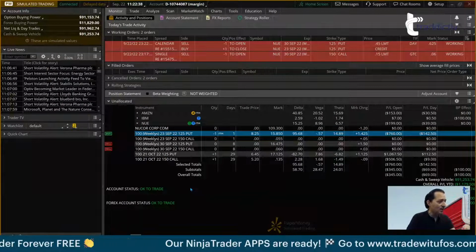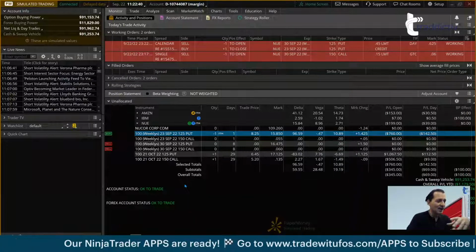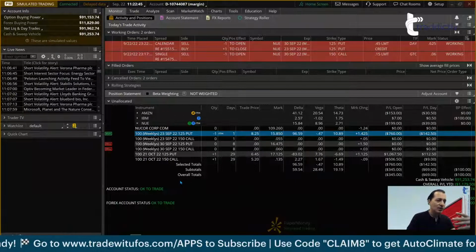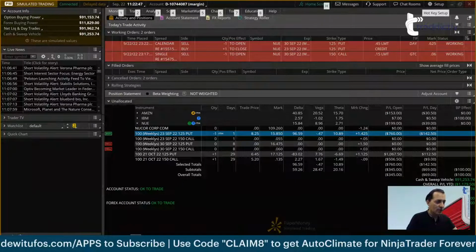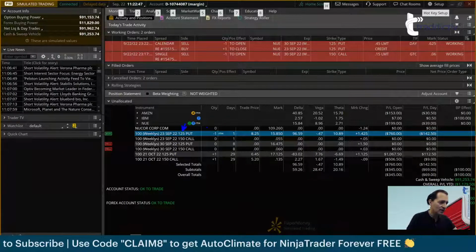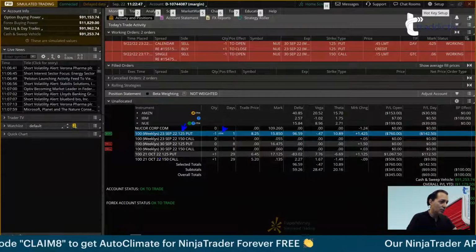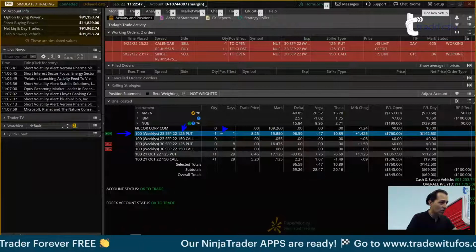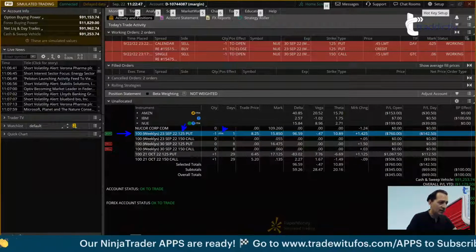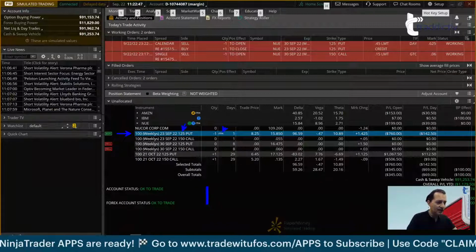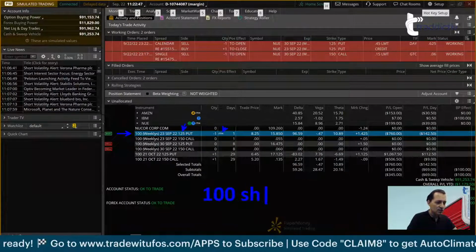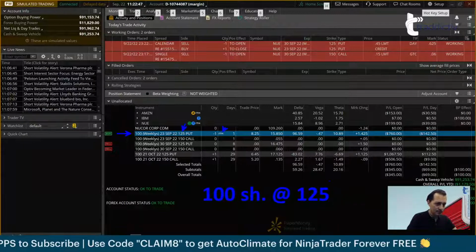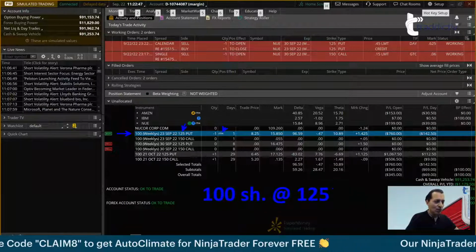But your case mark has a great advantage and one disadvantage. Okay, so you have been assigned on this 125 put that is in the money that expires tomorrow. So instead of the put, you got nothing. You don't have that row on your trading platform. It's not there. Instead, what you have is 100 shares of stock that was put to you at 125. So what's the disadvantage?